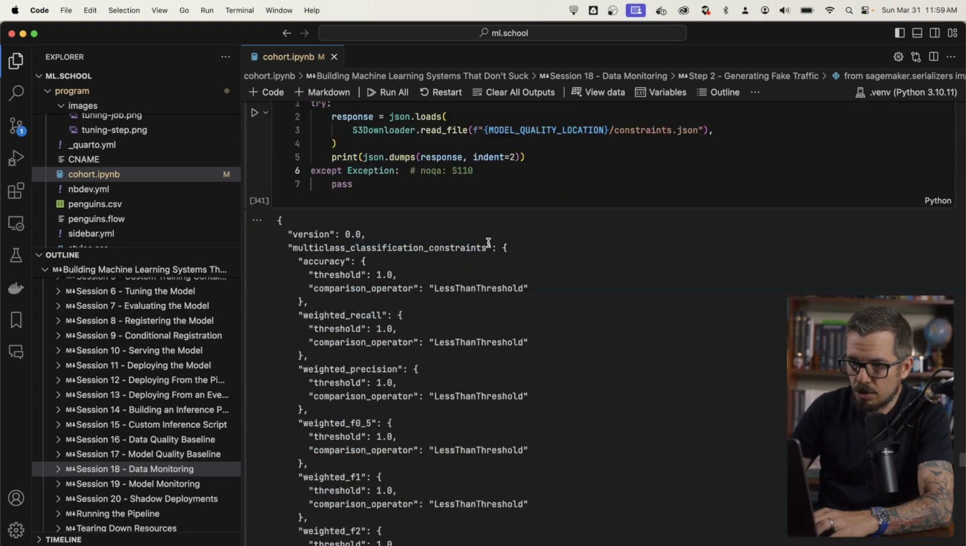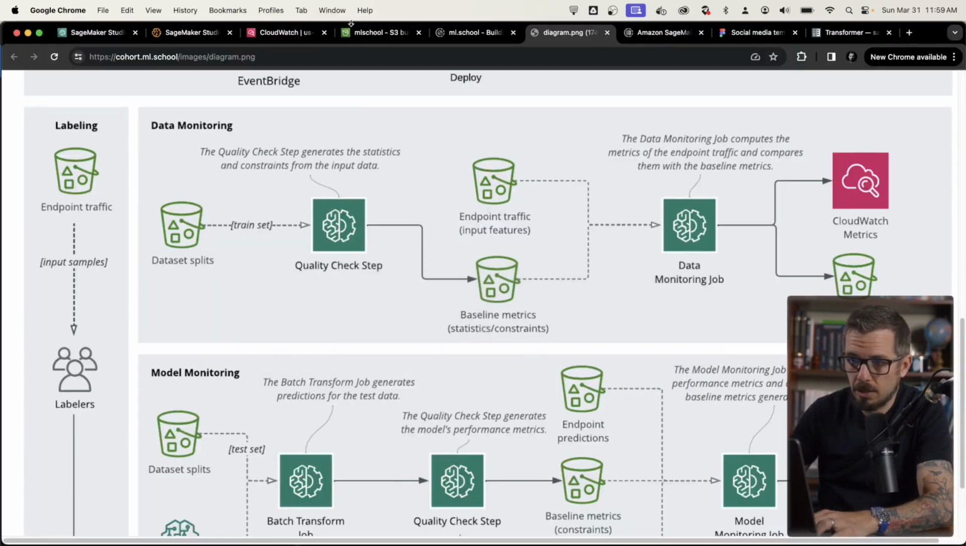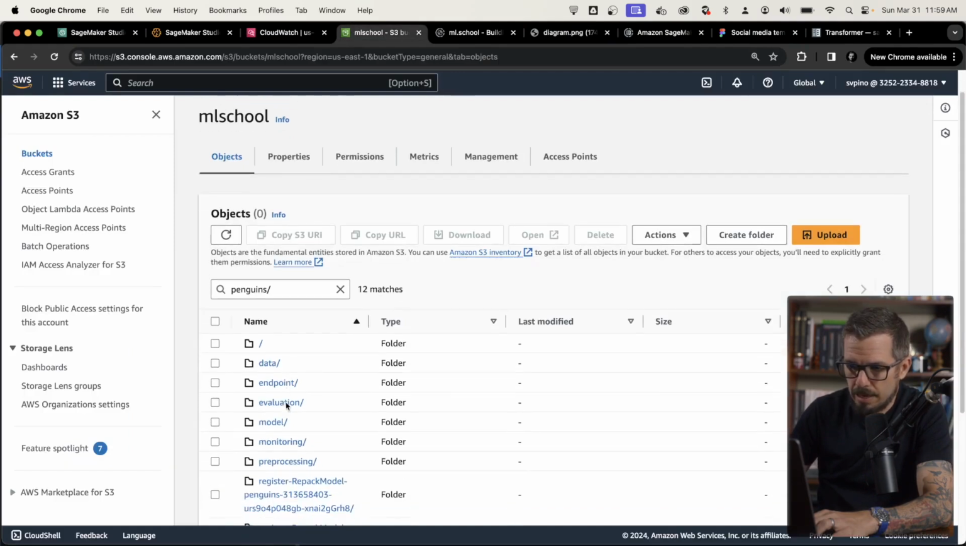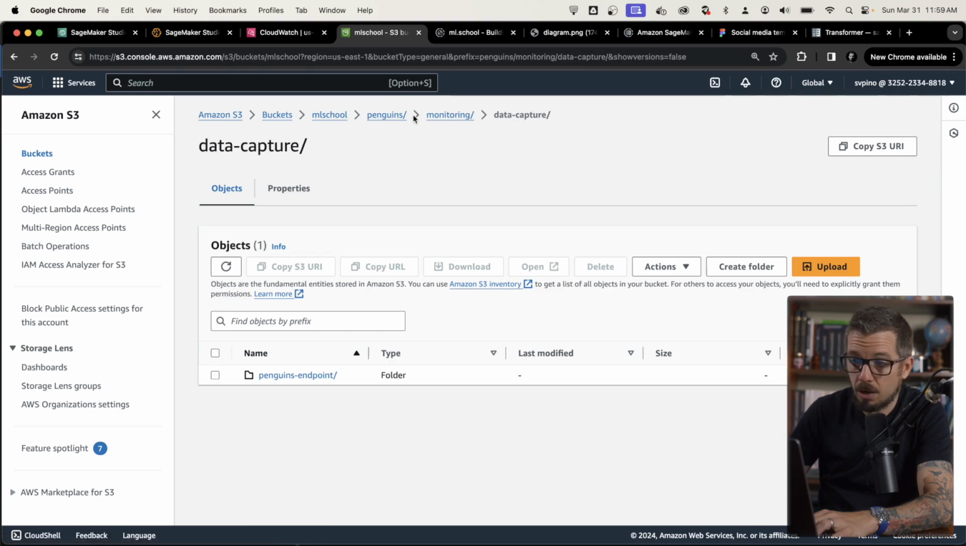What is the location? Actually, the location is defined where we created the Lambda function. Well, I know where the location is. So let's go to the S3 bucket, and the location is within monitoring data capture. That's where I created the location to save the data. So you can see that inside data capture, that's the location that I'm specifying I want the data